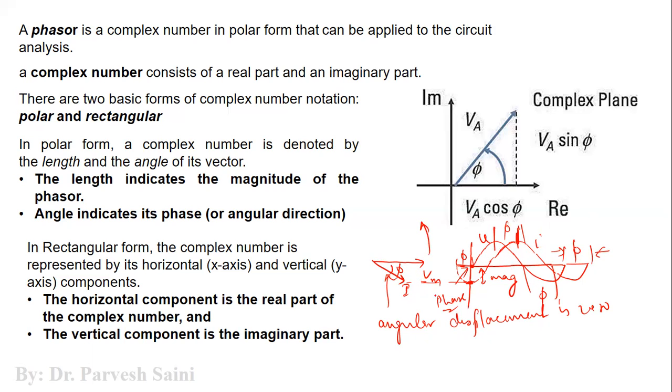And if you have to represent this in polar form, how will you represent it? The first quantity, because it is the reference phasor, the voltage will be represented as Vm angle 0 degree. This is the representation of this particular phasor in polar form. Now, how will you represent the second one? The current I is equal to Im, the peak value, and then you have minus phi. So minus phi indicates